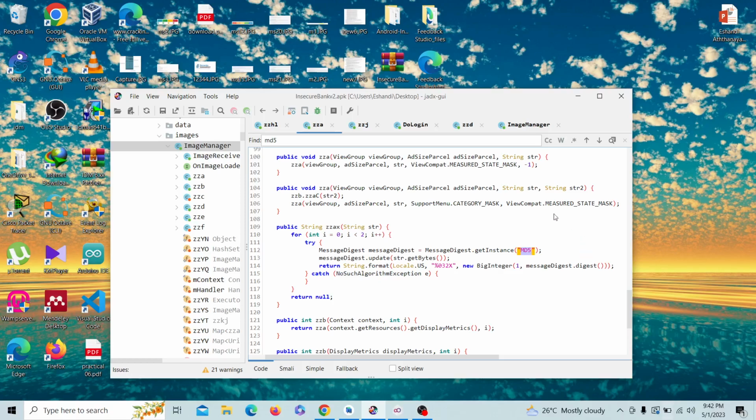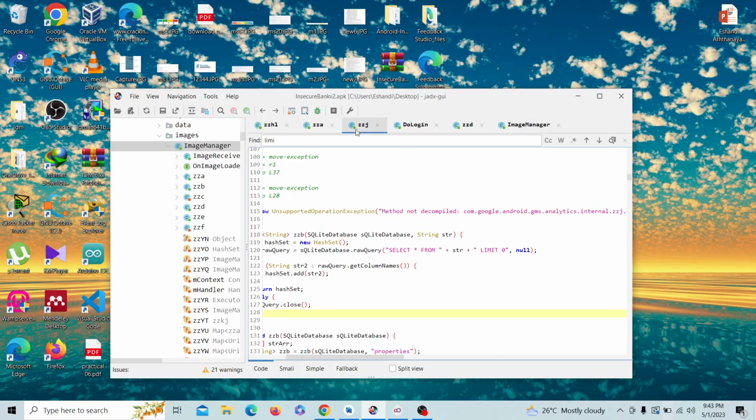In this mobile application also, you can see inside this ZZJ Java file, inside the sources folder, they use non-parameterized SQL queries. To mitigate this vulnerability, we have to always use parameterized queries for avoiding